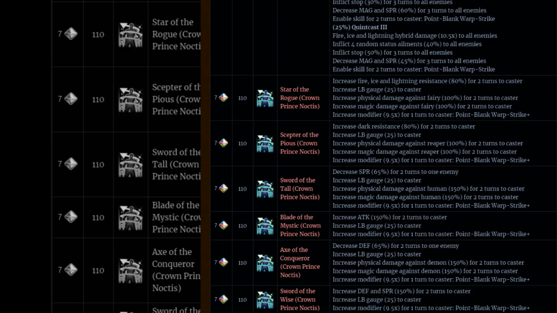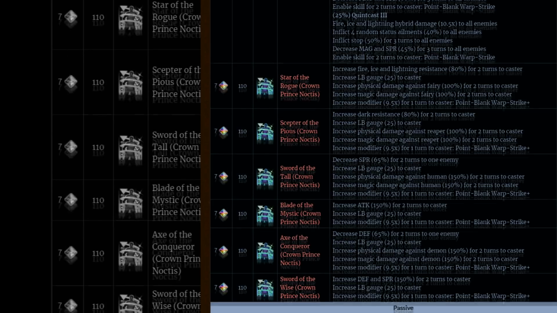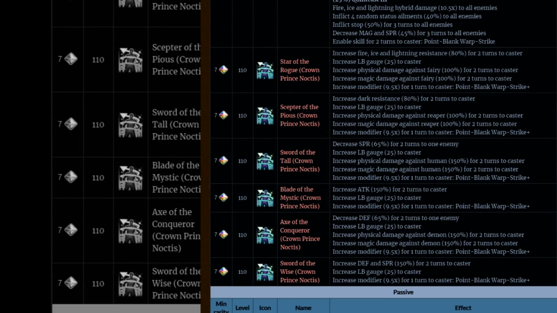Then we have Blade of the Mystic, which is going to give you 150% attack buff, 25 limit burst gauge crystals, and then give you the 9.5 multiplier plus. And then Axe of the Conqueror, 65% defense break, 25 limit burst gauge crystals, 150% demon killer, and then a 9.5 multiplier increase to Point Blank Warp Strike Plus. We have Sword of the Wise, which is going to be a defense and spirit buff of 150% for 2 turns to the caster, give you that 25 limit burst gauge crystals, and then the 9.5 multiplier increase to Point